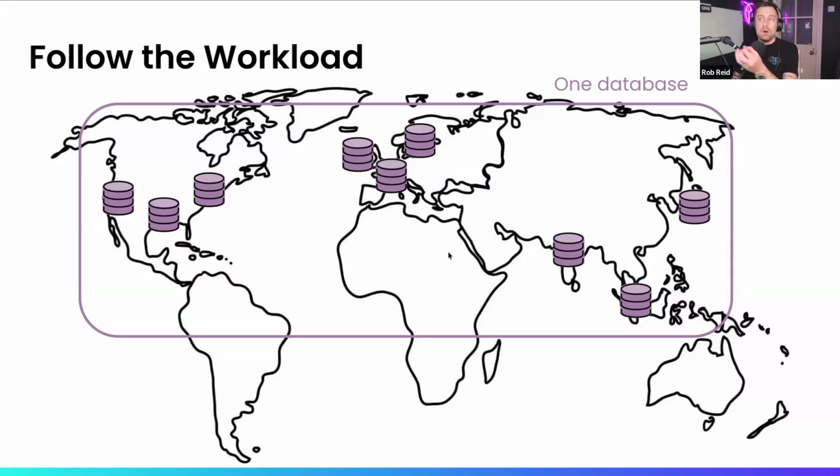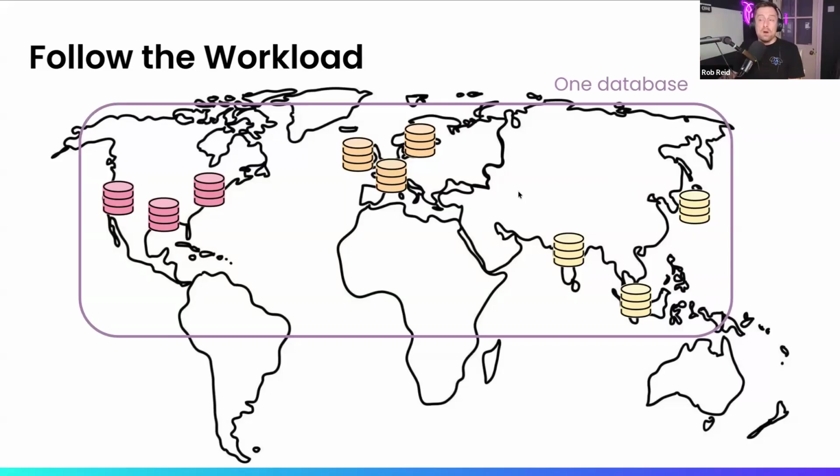This is the default table topology pattern if you don't specify any others. So this works by moving what we call leaseholders, the things that control reads and writes to particular ranges of data, to where they're being requested the most. So for example, if Asia Pacific comes online first, being the furthest east in the world, the leaseholders would be moved there to give users there a good experience of the application. As time moves forward and users further towards the west of the world come online, the leaseholders will move across, and that's how follow the workload works. We move leaseholders to where they're being requested the most.